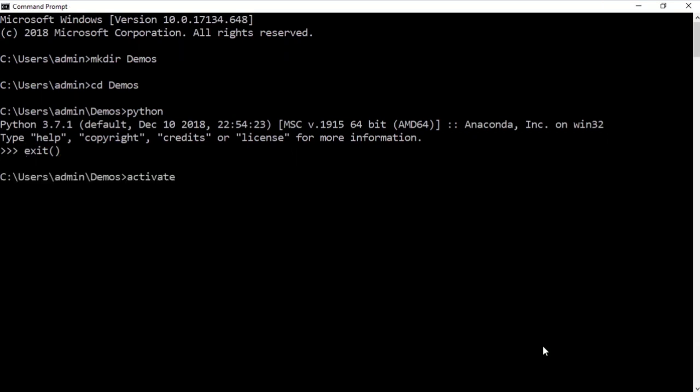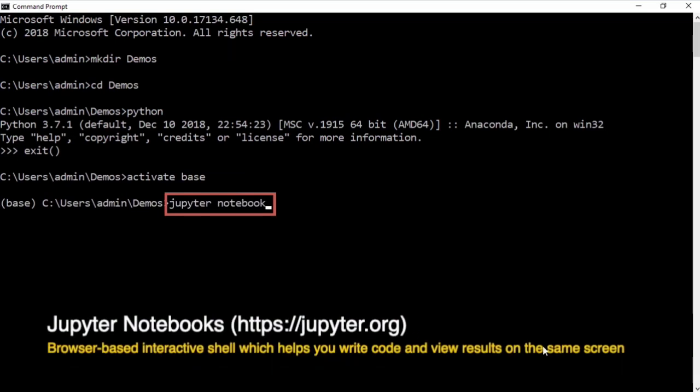In order to work with Python, you need to be within the Conda package manager environment. And for this, you can activate the default environment on your Windows command prompt. Simply type in activate base. Base is the name of the default virtual environment. You don't really need to worry about the nitty-gritty details of what a virtual environment is, why it's needed, and so on. Remember that this will allow you to work with the Conda package manager, work with Python, and bring up Jupyter notebooks. So what exactly is a Jupyter notebook?